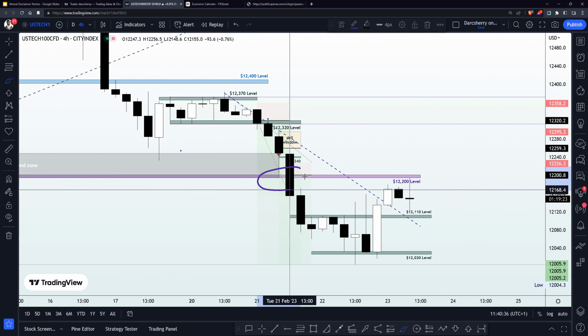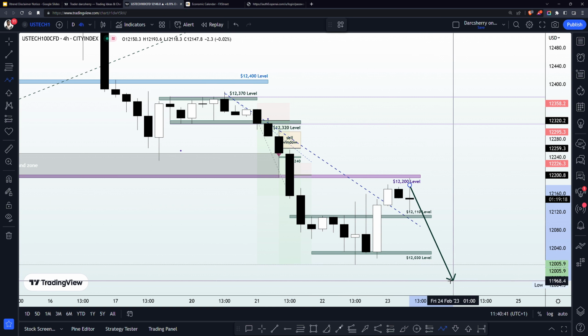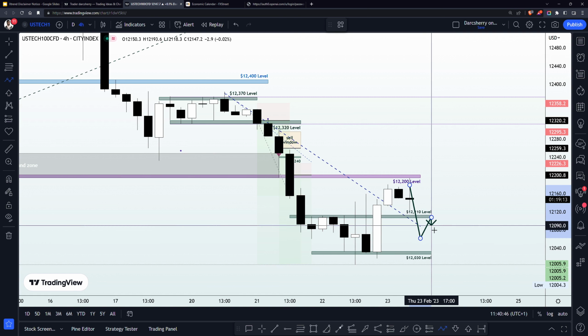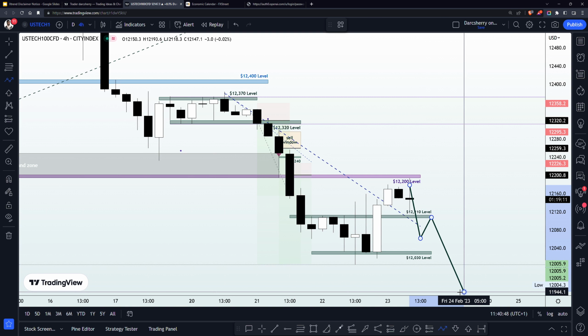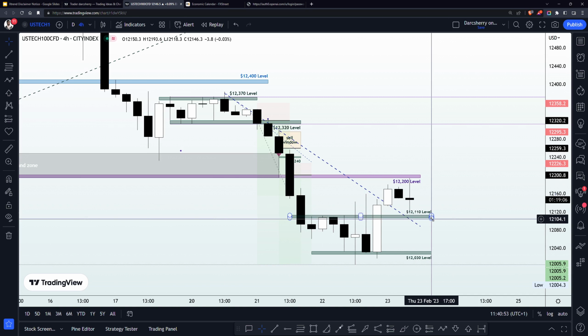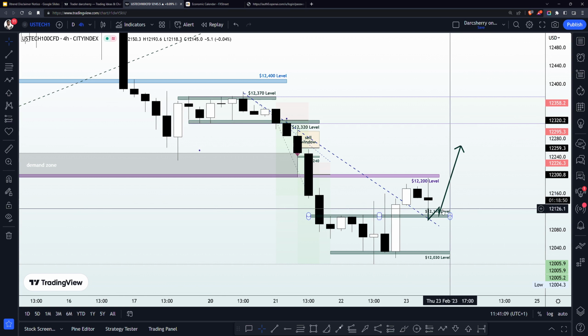So this might likely be a breakdown retest of structure to incite another wave of bearish momentum if price action drops back below the $12,110 level, with selling pressure below that level to the downside. So we should keep this in mind while we monitor price action here. However, if we start seeing buy pressure above this level, then we want to be getting ready to join a rally to the upside. And if a further break above the 12,200 level happens, we want to be adding more position to our existing trade.